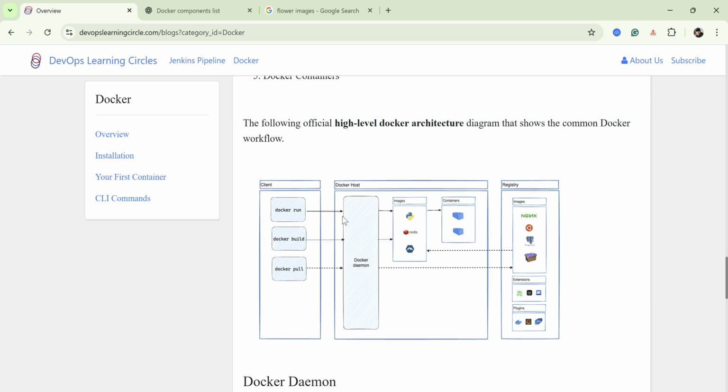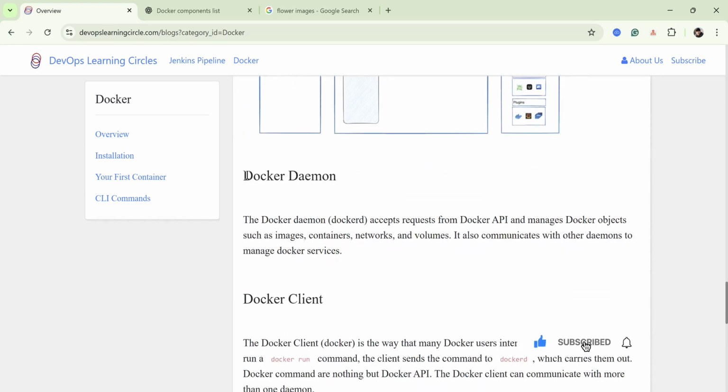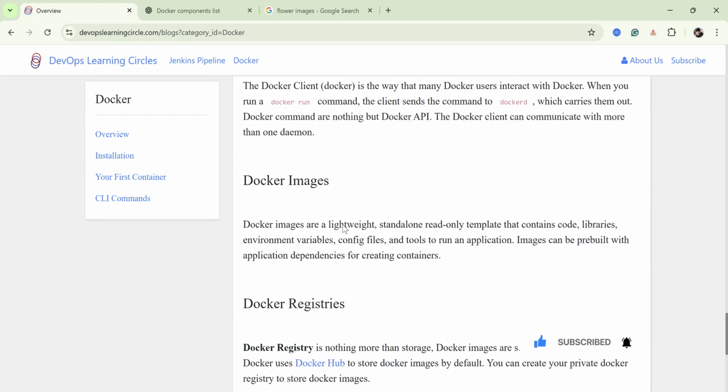If it is docker run, then for sure it will go to fetch the image and then deploy the container. If it is build, then you fetch the image and then deploy the container, fetching the image from the registry, as we discussed. So you can go through this article for more information.